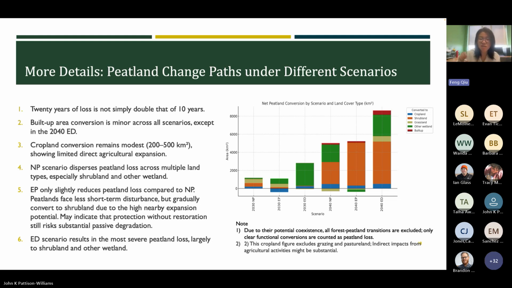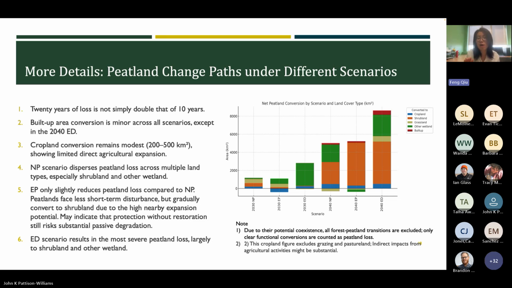The human footprint, the built up areas itself, is pretty minor across all scenarios and across different timelines, the 10-year and 20-year, except the last one, the accelerated energy development scenario. Overall, the majority of loss has nothing to do with the direct built up areas. So that's one thing. And the second thing